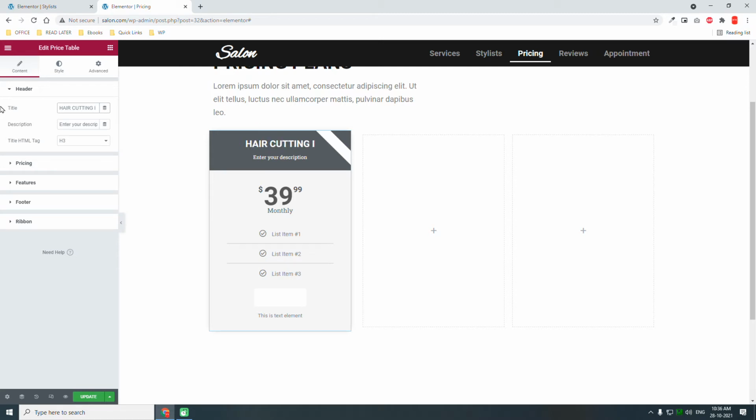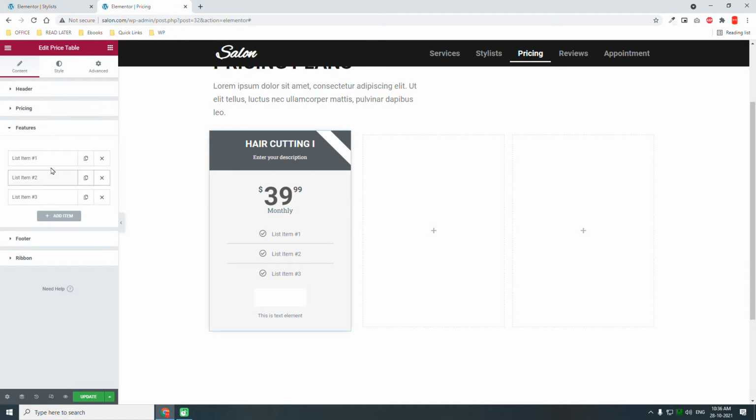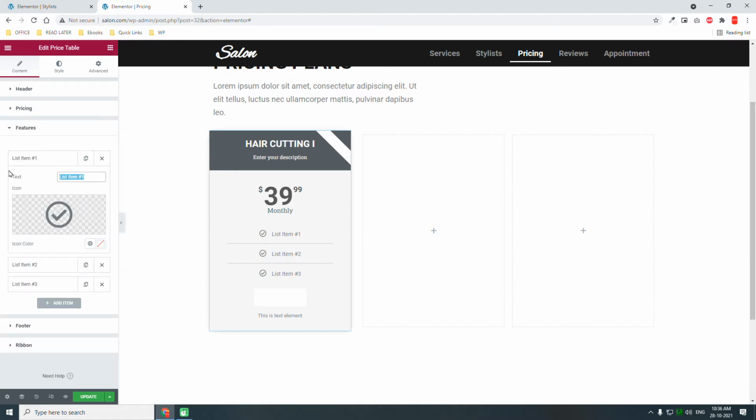Hair cutting 1, description and price and pictures here. No, feature for your this service package, and